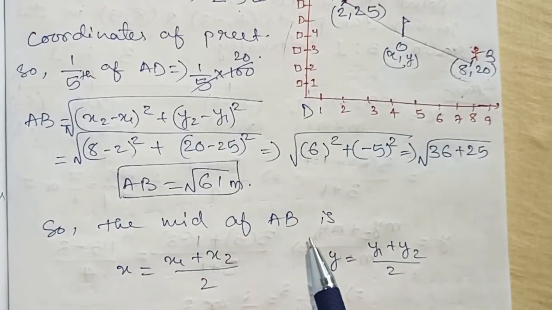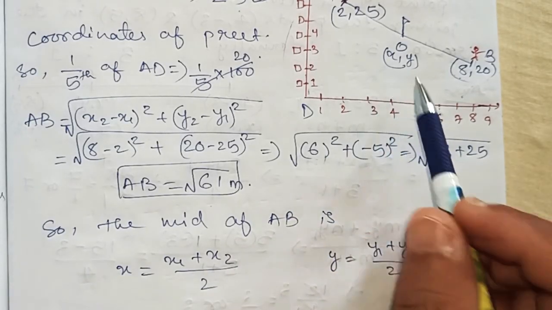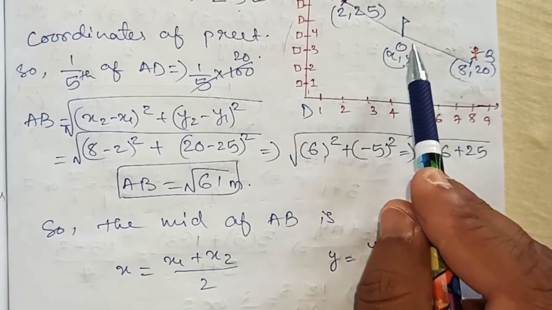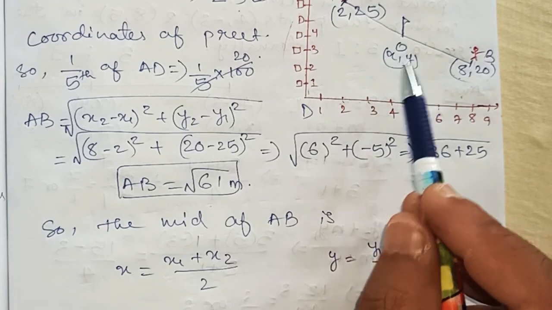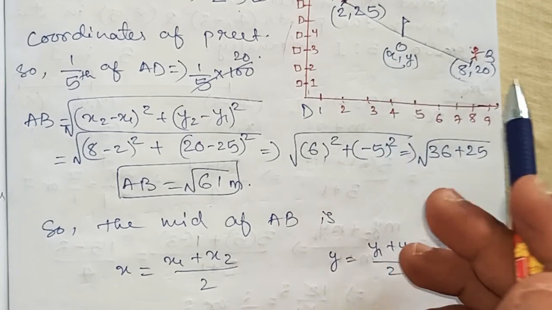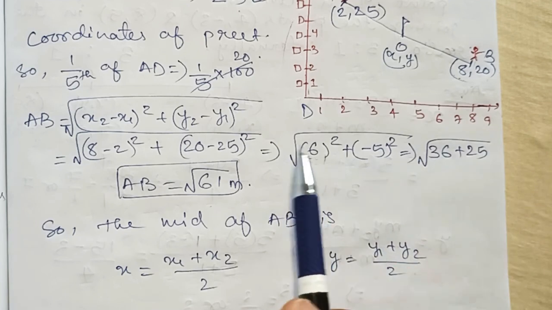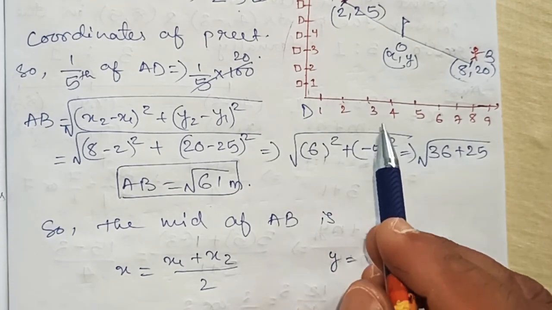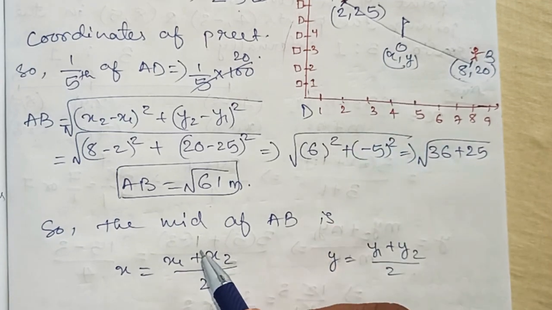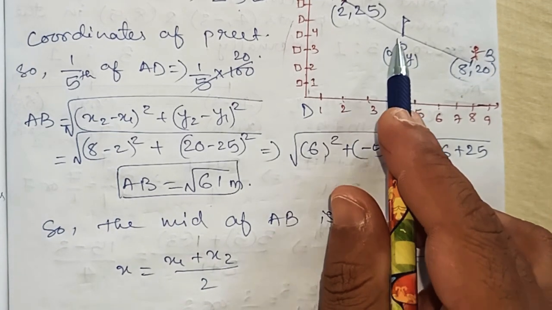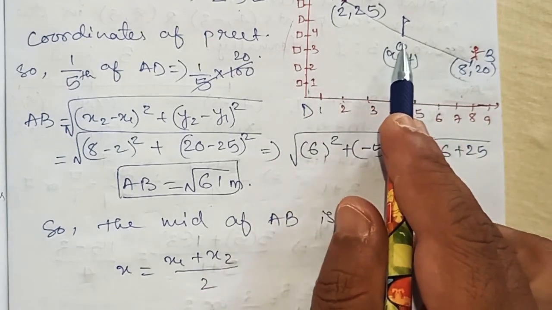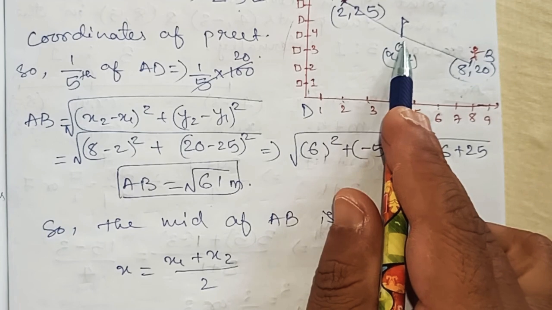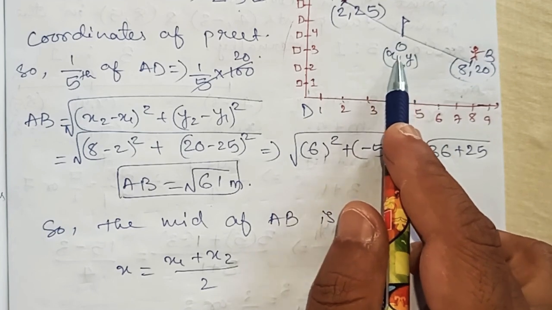Okay, now the question further says that Rasmi has to post a blue flag in between AB, that means exactly in the middle of AB. So as I already told you, whenever a question says that AB is bisected equally or bisected from the middle, in those cases we will use the midpoint formula. Okay, so the midpoint of AB will be O, that is x comma y. Here Rasmi has to post the flag, so we have to find the coordinate of O.